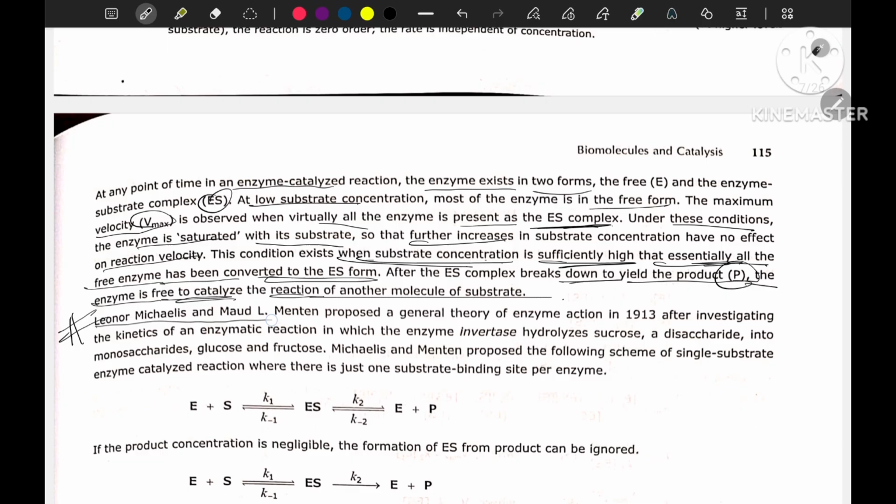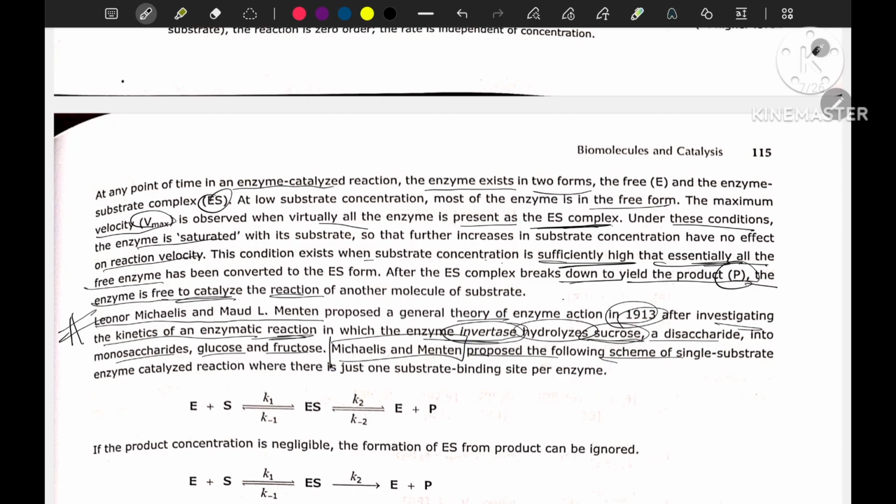Leonor Michaelis and Maud L. Menten proposed a general theory of enzyme action in 1913 after investigating the kinetics of the enzymatic reaction in which the enzyme invertase hydrolyzes sucrose, a disaccharide, into the monosaccharides glucose and fructose. Michaelis and Menten